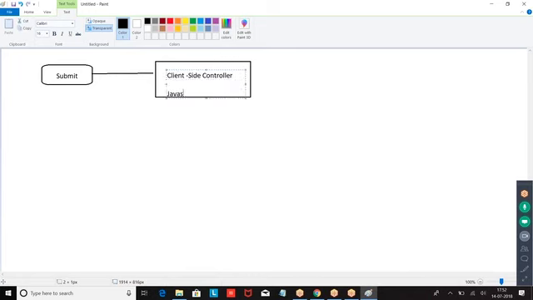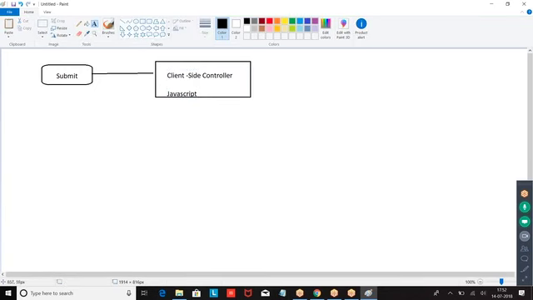Who is this client side controller? The client side controller will make a request to the server side controller. Directly from the page, I cannot call Apex class methods. If you want to call anything from the Apex or the database, you cannot make a direct call. You have to make a request to the client side. The JavaScript is going to call